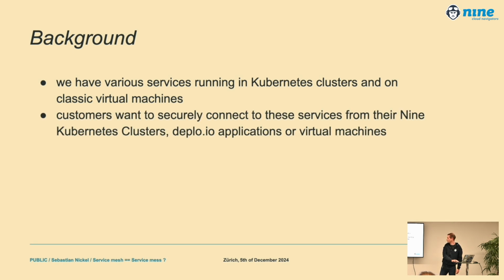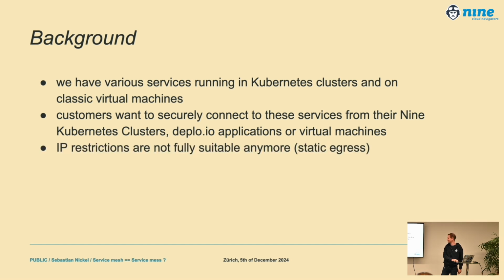And what we basically want is to connect those services, and customers want that too. The problem is, for example on our NKE stack, you can't predict the outgoing IP. When there's maintenance, we replace all the machines. They get completely new IPs, the pods move over, and then the outgoing IP is a different one. So that's not really predictable, and the classical firewall approach really doesn't work.